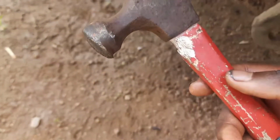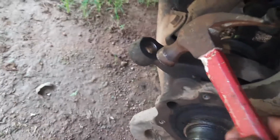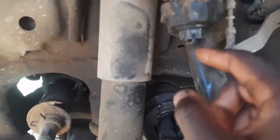It doesn't have to be a giant 3-pound, 2-pound hammer. This is just like 1 pound maybe? And I tapped it right here, right on this eye, and it loosens up the inside of this hole right here. And when that's loosened up, I just sprayed some anti-rust right around here, and I just tapped this head some more and it was out. So I got some anti-rust and I hit the castle nut, and